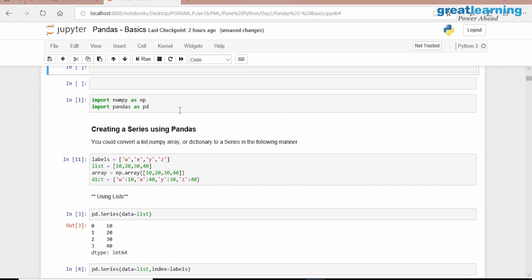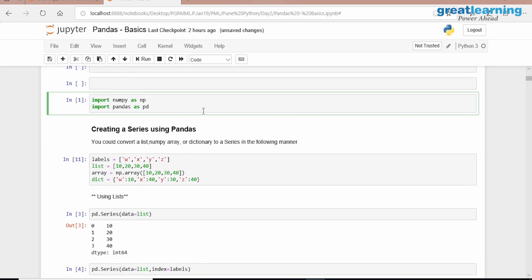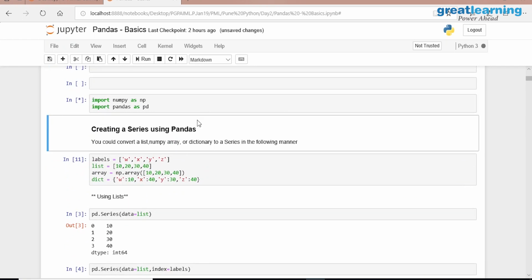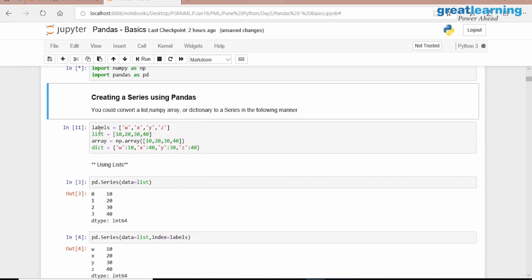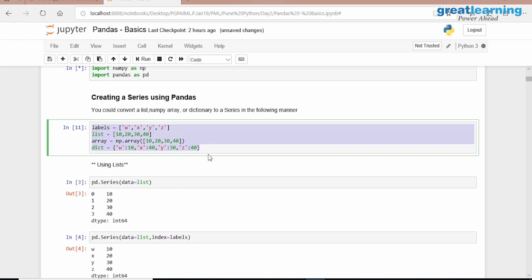Okay. Now let's see this. Now importing a package. This is what we learned yesterday, correct? What is happening here now? I am creating labels. What are labels here? A list. I can create a list the other way also: list is equal to something. Instead of list, I can say ABCD is equal to something. All are the same, correct? I can create whatever, AB is equal to something.